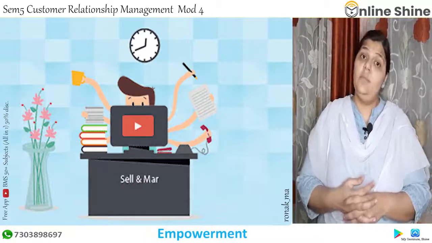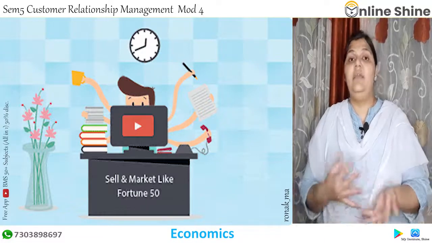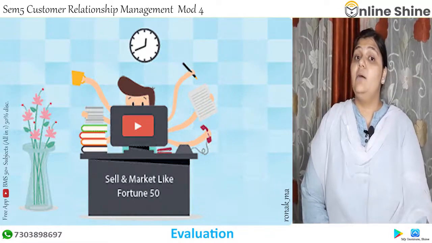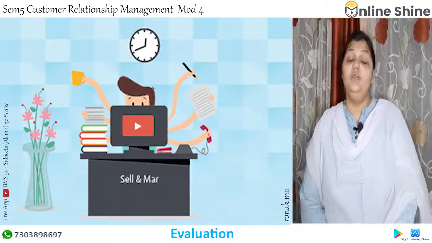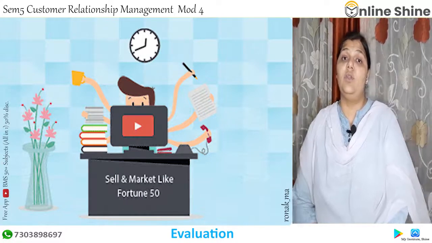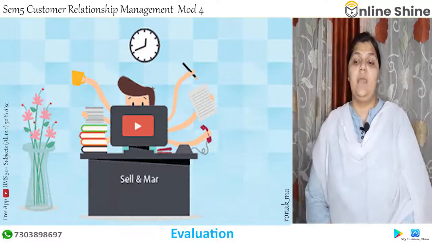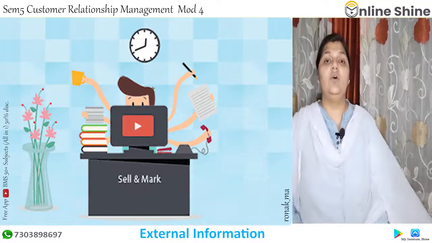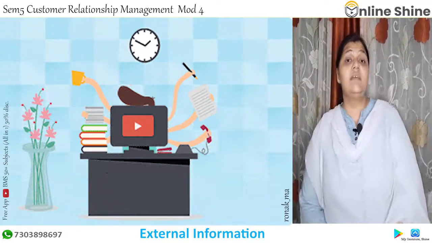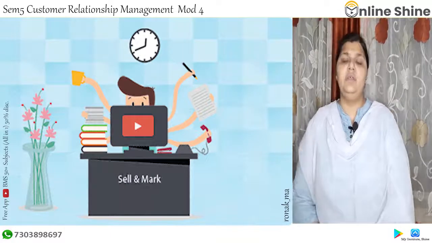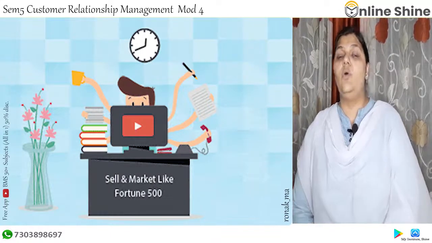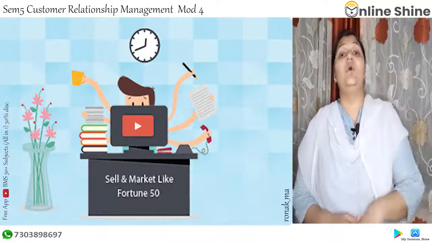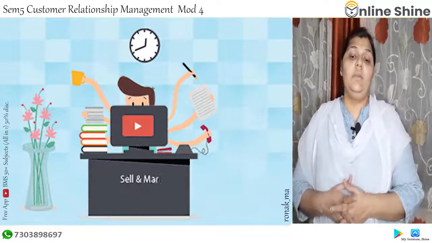Economics. So we all know we are talking about the give and take, demand and supply. Obviously this is going to be the best element when it comes to the monetary aspect. Evaluation, you need to study, you need to understand whether whatever you are doing is suitable or not. And external information, that is, having all the details outside the premises, every single thing. Whatever we look into, all these 6 E's are equally important when we talk about web-based or E-crm.